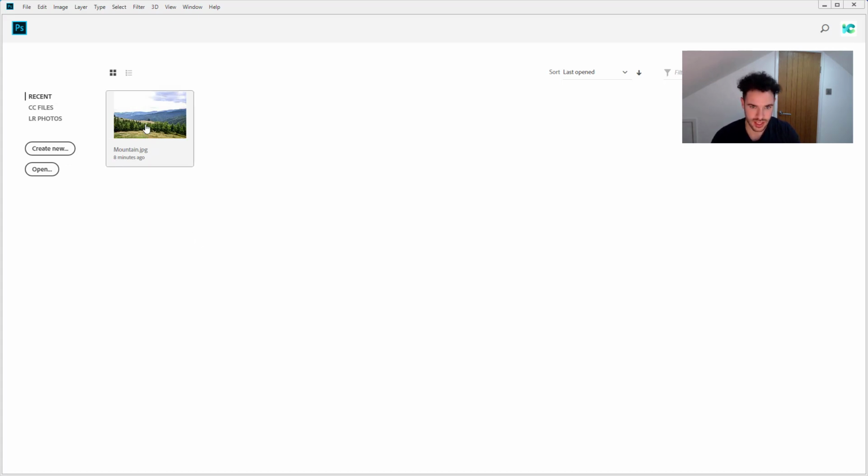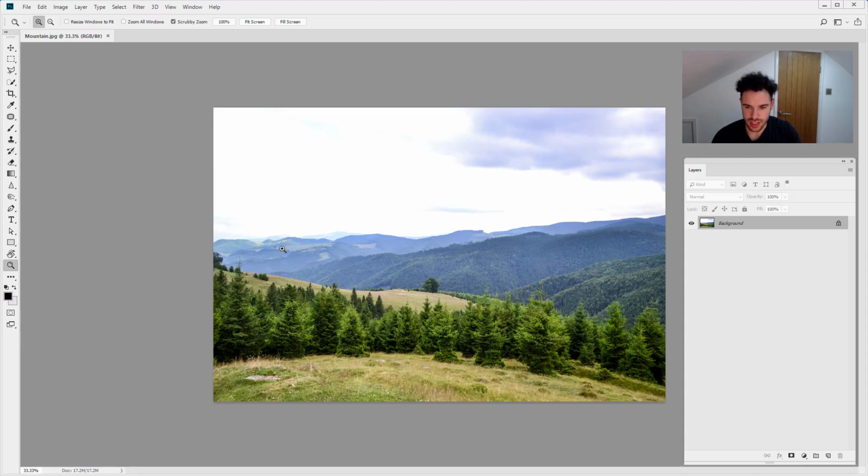If you haven't already, please download the source files for this course. You will see a mountain.jpg image in there, which is the base image we are going to use. So I'm just going to go ahead and open that image, and you can see it's a nice landscape, but the sky, as you can see, is very exposed, very bright, so you can't really see the clouds. It's not very interesting. So what we're going to do is select that sky and we're going to replace that sky with a nice